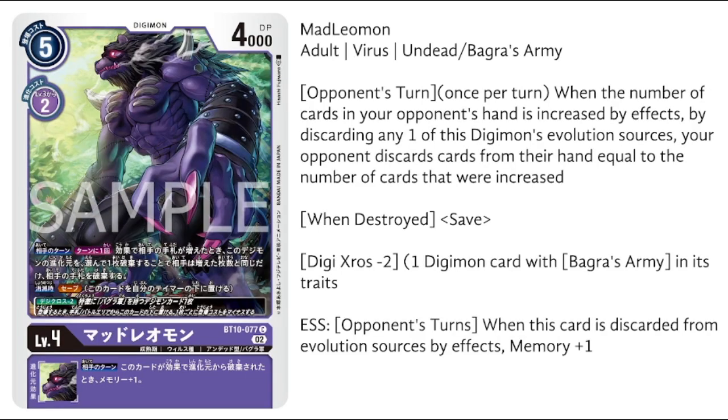And we actually do have a DigiXross for the Bagra Army in the form of Madleomon. So Madleomon has the DigiXross 2 ability where we get to place 1 card with Bagra Army in its traits underneath this card to basically reduce his play cost by 2. So hard playing this level 4 purple Digimon for 3 isn't necessarily that bad, especially since we know that we